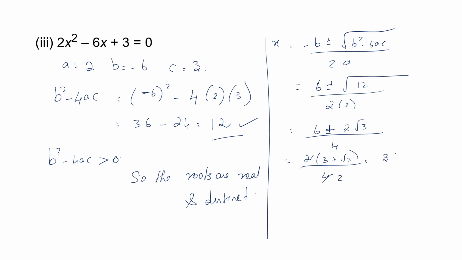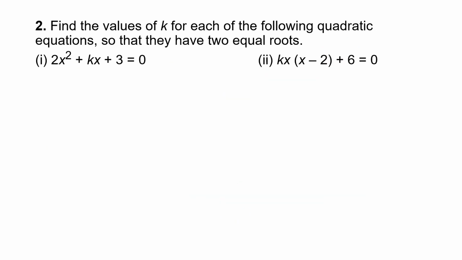So the roots are 3 plus or minus root 3 by 2. 3 plus root 3 by 2 is one root, and 3 minus root 3 by 2 is another root. So the roots are real and distinct, different. Okay, done. Now find the value of k for each of the following quadratic equations so that they have two